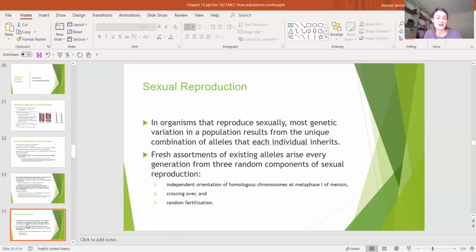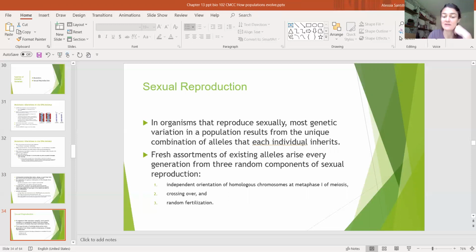The next thing that is important for genetic variation is of course sexual reproduction. In organisms that reproduce sexually, most genetic variation in a population results from the unique combination of alleles that each individual inherits, from the mom and the dad. Sexually reproducing organisms have two partners, right? So you have this mix of genes from the mom and the genes from the dad. You basically get this fresh assortment of existing alleles that arises every generation from 3 random components of sexual